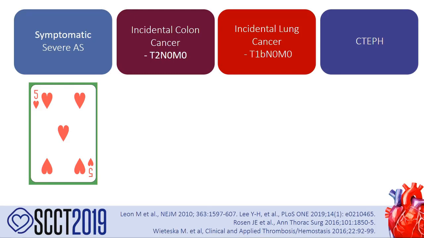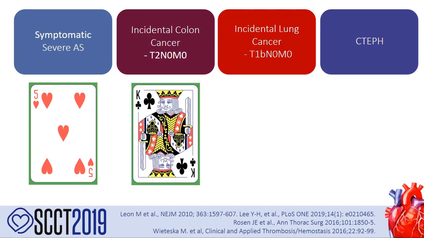So, yeas in the crowd for whether colon cancer is going to have a higher 1-year survival than severe AS. Excellent. Yeas in the crowd for lower 1-year survival. The crowd has spoken and they're quite correct. The king of clubs, this is an excellent diagnosis to receive, while it might not seem like that for the patient. But even untreated, you're talking about a greater than 90% 1-year survival with low-stage, non-metastatic colon cancer. So now, comparing back to symptomatic severe AS, how about our stage 1 lung cancer?